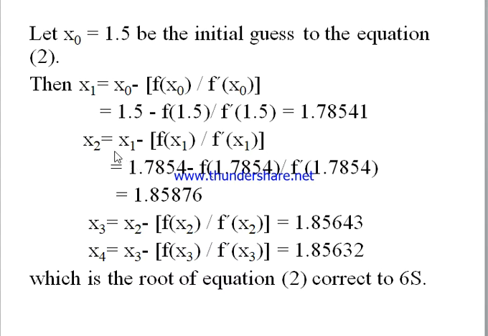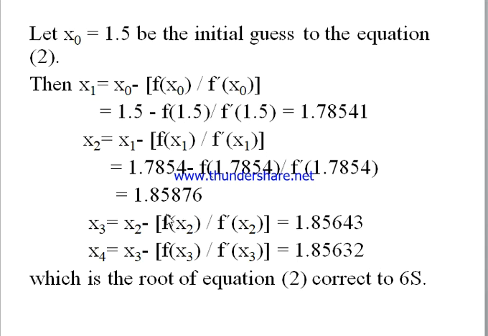Next, going to the second approximation, x2 is found by substituting n equal to 1: x1 minus f of x1 by f dash of x1, that is 1.7854 minus f of 1.7854 by f dash of 1.7854. Here we substitute the x value in f of x and in f dash of x, get the numerical value, and simplify. We get 1.85876. Next, x3 is equal to x2 minus f of x2 by f dash of x2. The x2 value is 1.8587, and we substitute in f of x and f dash of x and simplify. We get